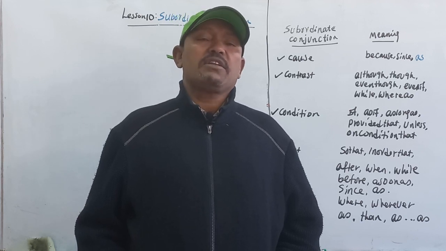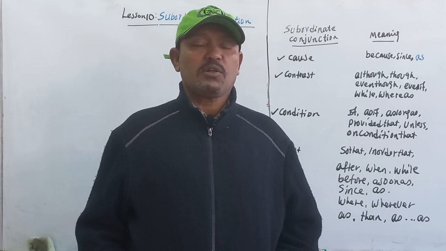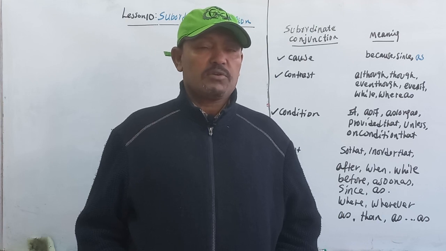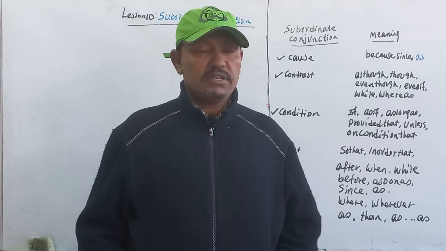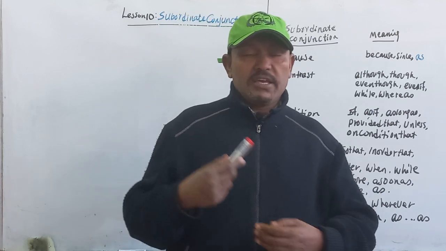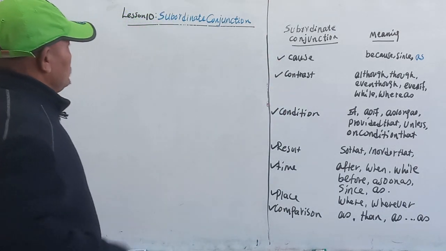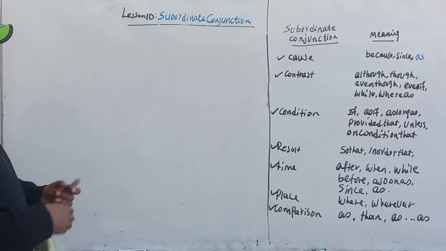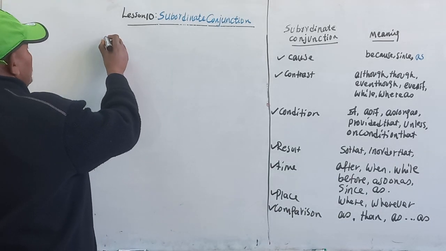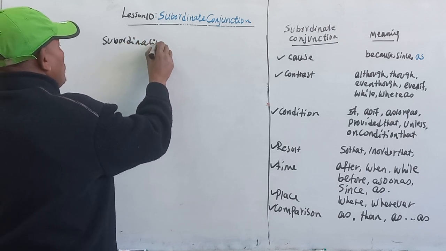So these kinds of conjunctions join two independent clauses to make one. They are called coordinating conjunction, correlating conjunction, and adverbial conjunction. So the second conjunction that we are going to see is subordination. What does subordination mean? Subordination here is first the process of